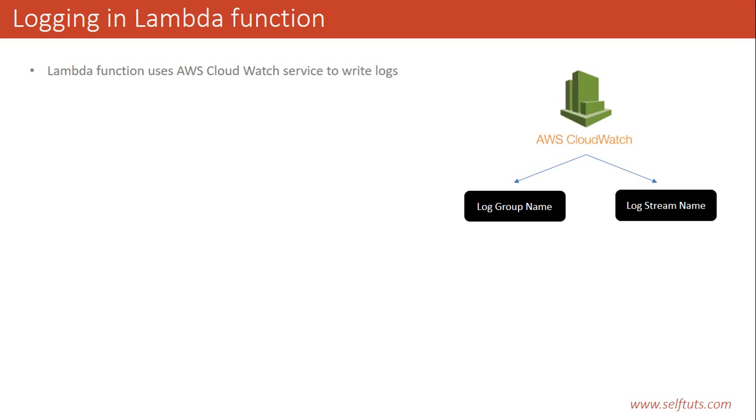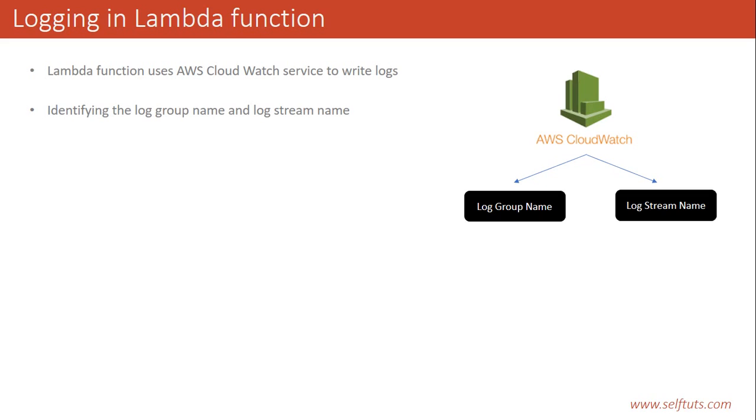Inside a log group, we have multiple streams that are created. You don't need to understand the in-depth of this. We'll see it in the AWS console. Basically, inside the log group, multiple streams are created based on time or based on the number of times you update your Lambda function. So a large number of log streams refer to a single log group, and the log group name is identical to the name of the Lambda function. If the Lambda function name is Hello World, then the log group name that will be created automatically by AWS is Hello World.